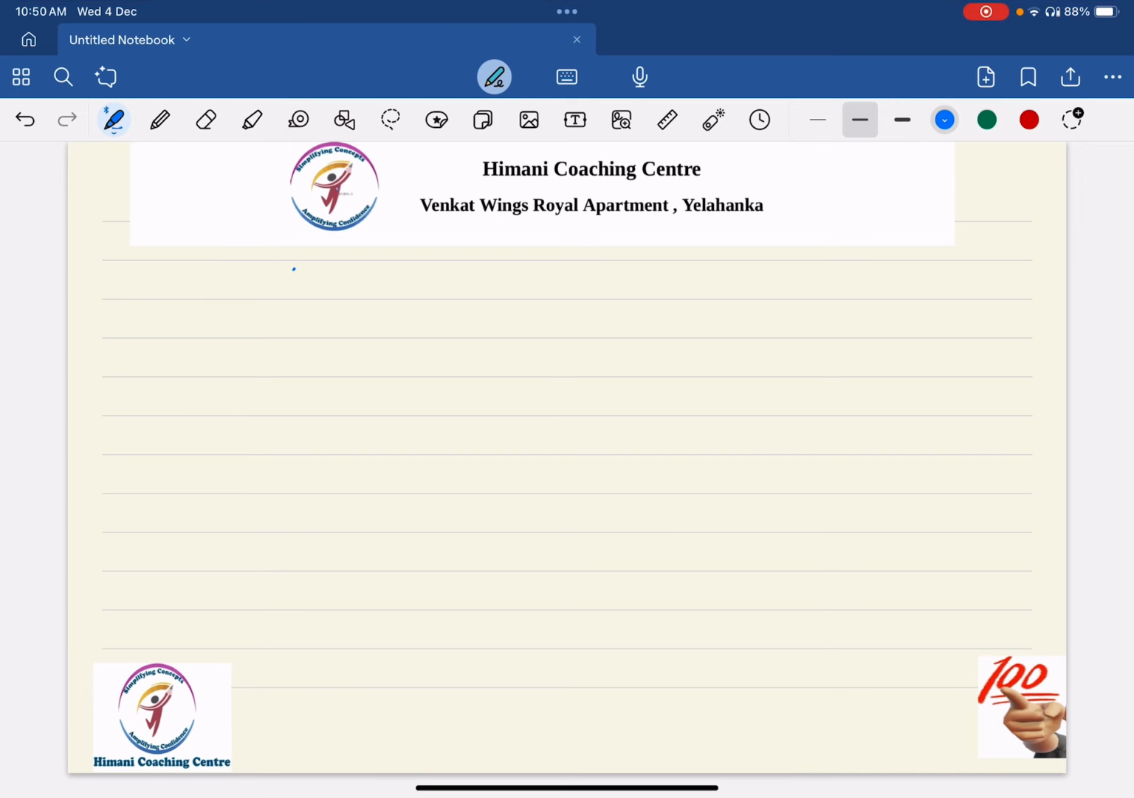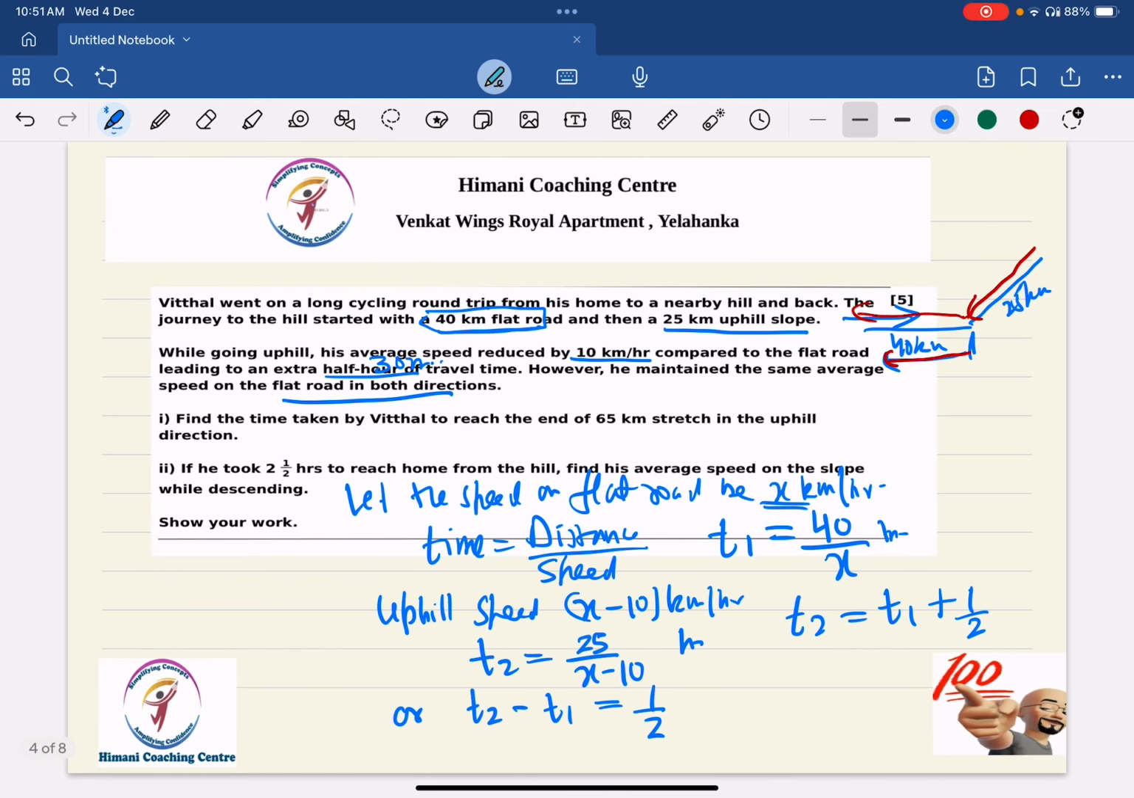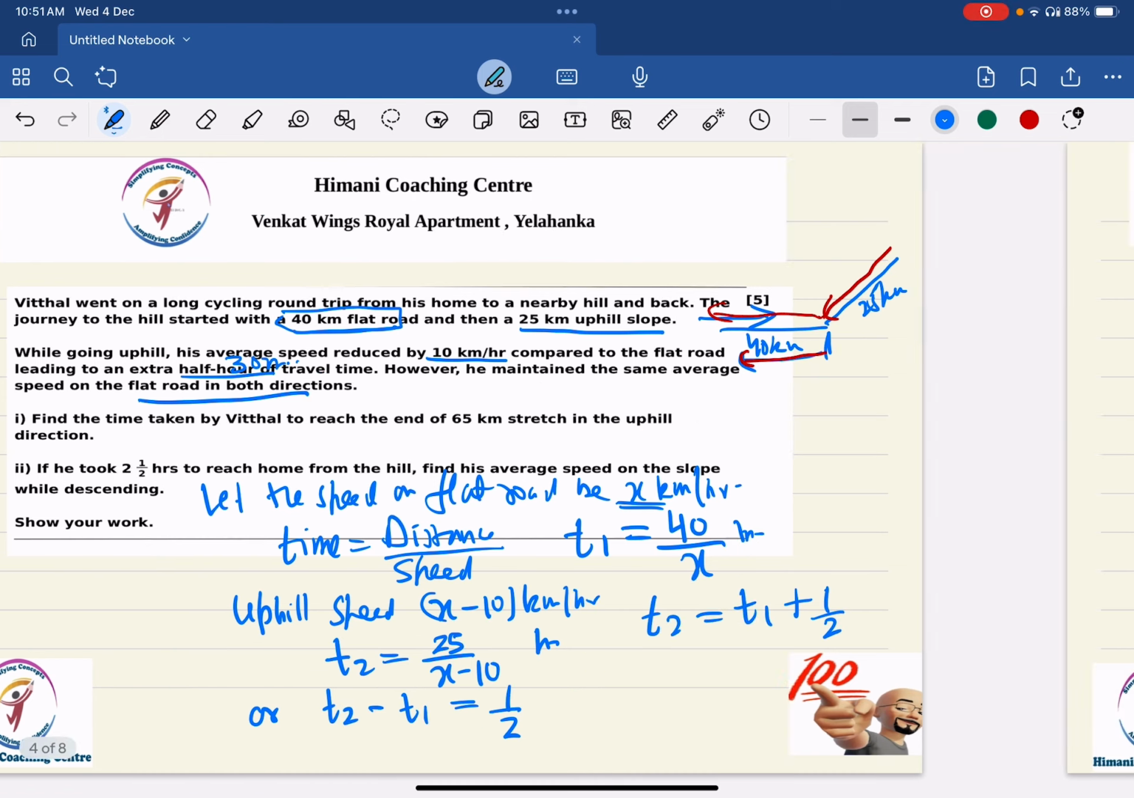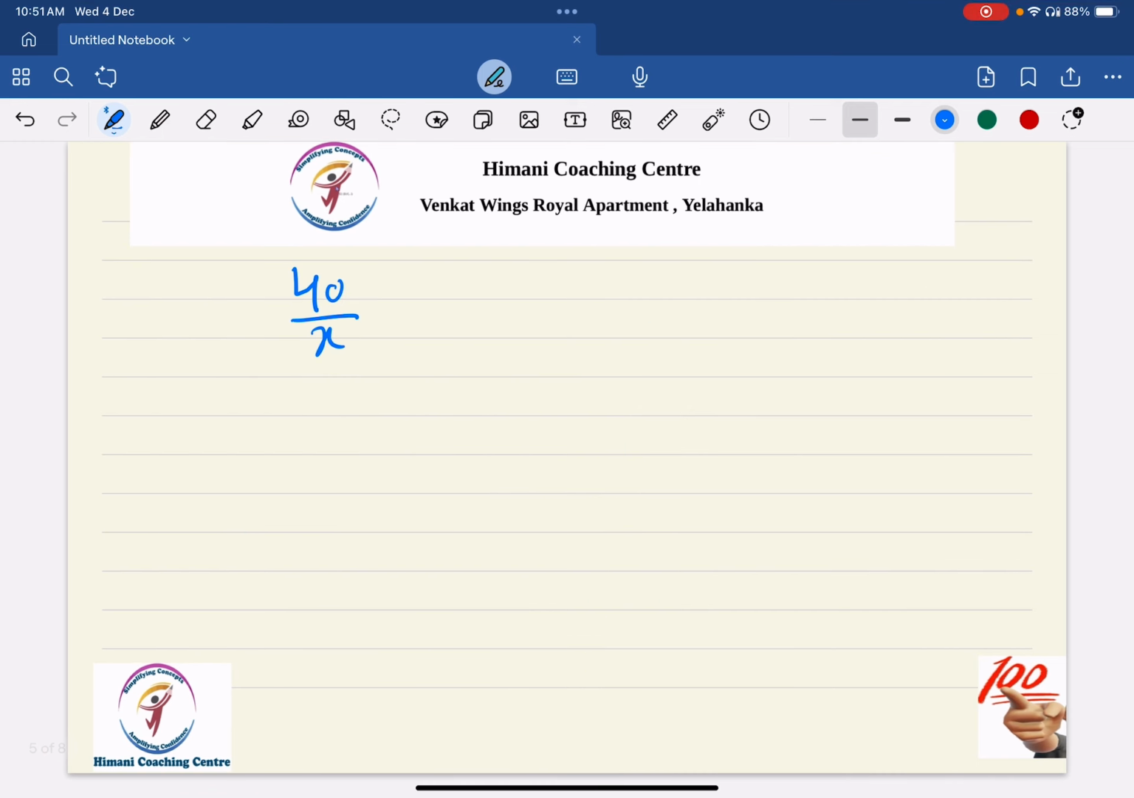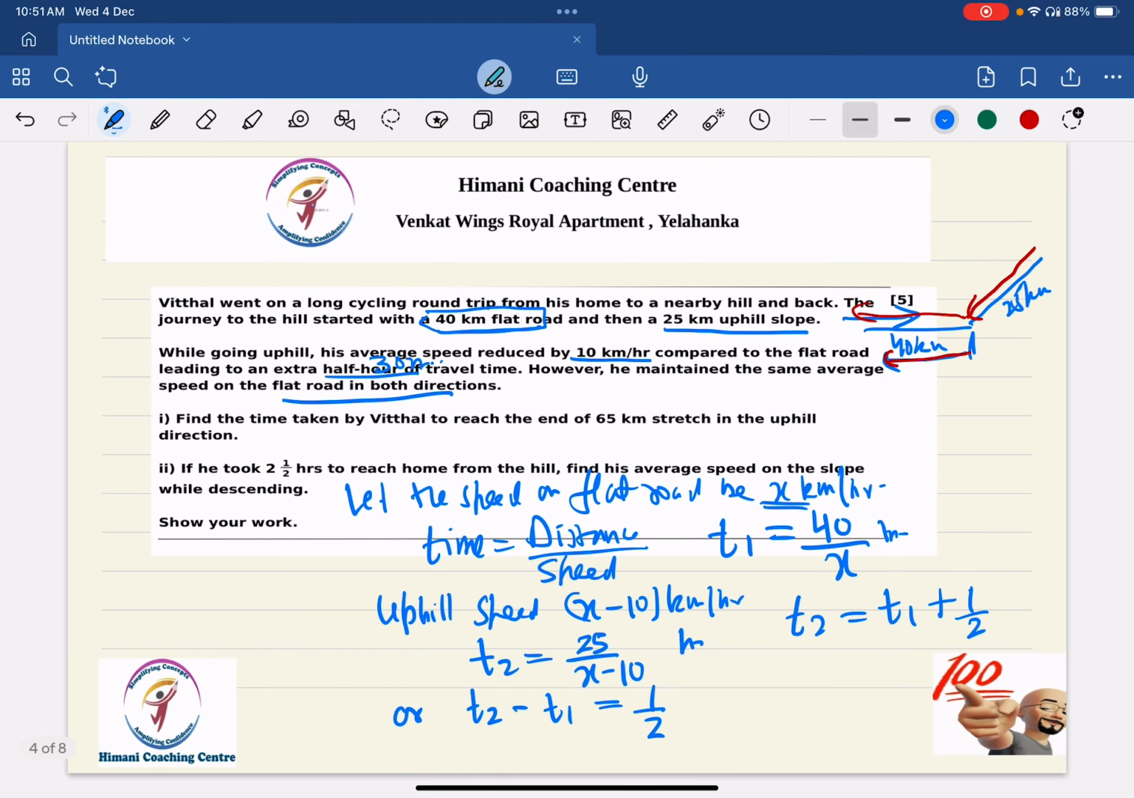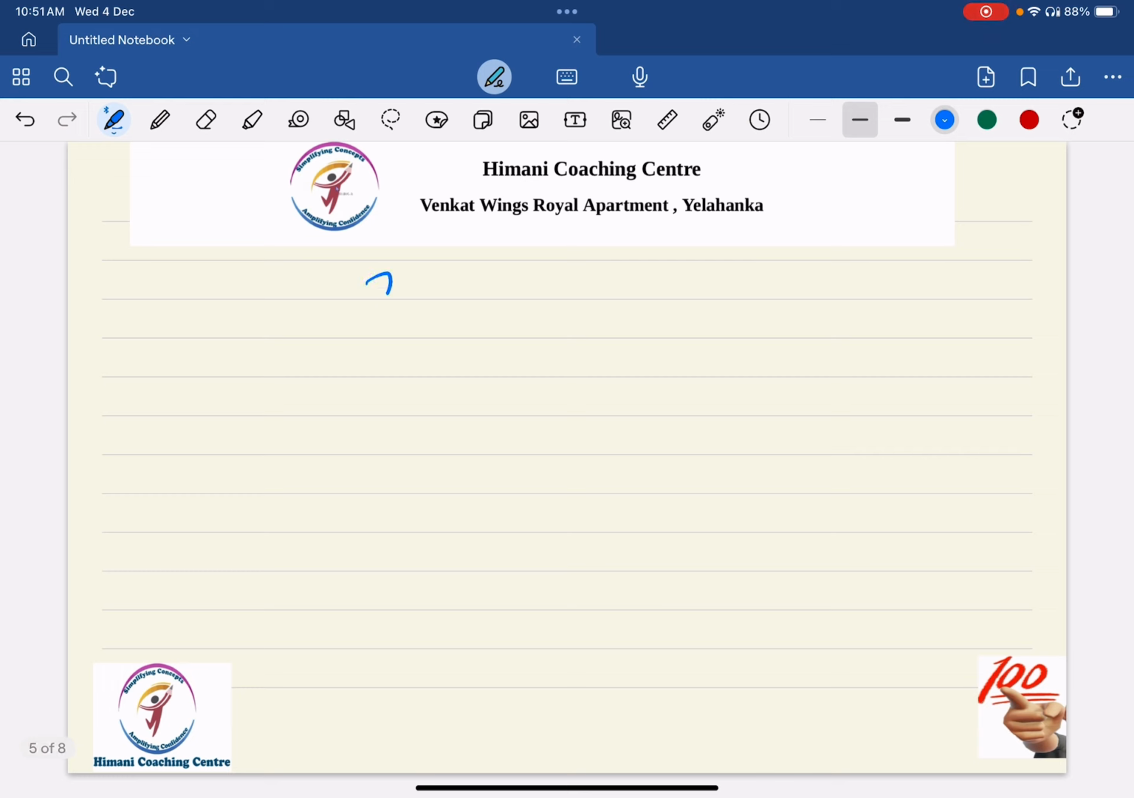So now we have 40 by x for time on the flat road, and we said T2 minus T1. So let me write that down. T2, let us copy from here, T2 is 25 over x minus 10, minus 40 over x, which is equal to half. So what we will do, we will have